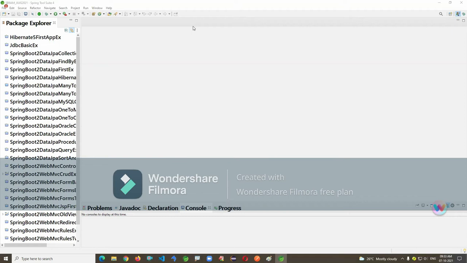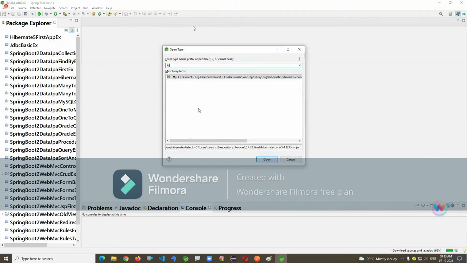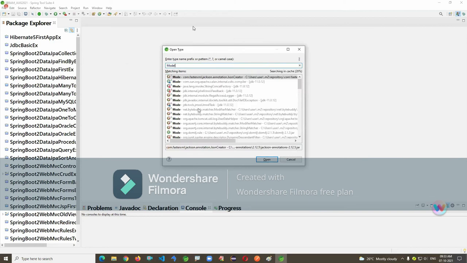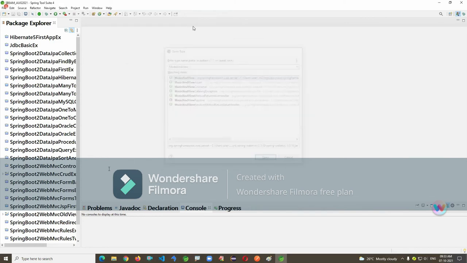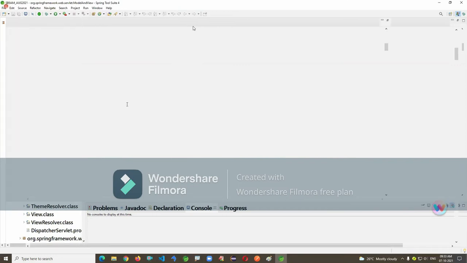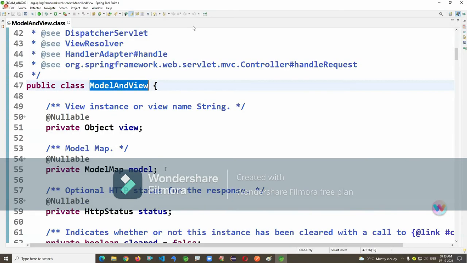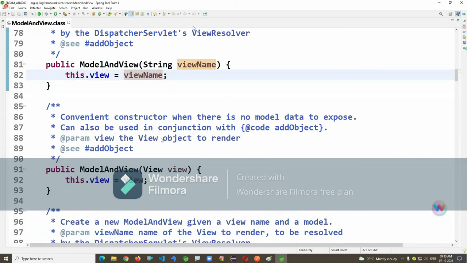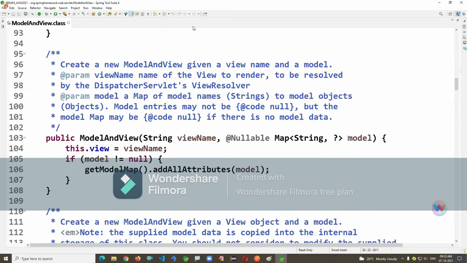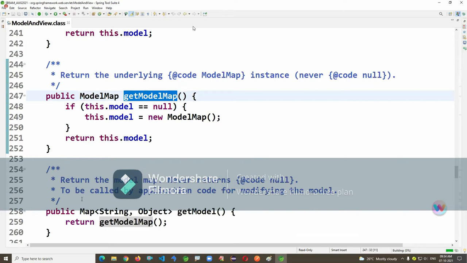Yes, we can use parameters in the constructor also, for ModelAndView. Instead of calling set methods, you can even use the parameterized constructor. The view name we can set like this. So in ModelAndView, we can pass a map of parameter values, which adds all the attributes. Internally it is a ModelMap, where ModelMap is a class, and it is used internally.